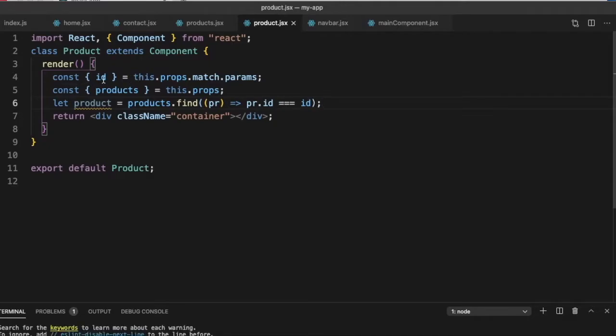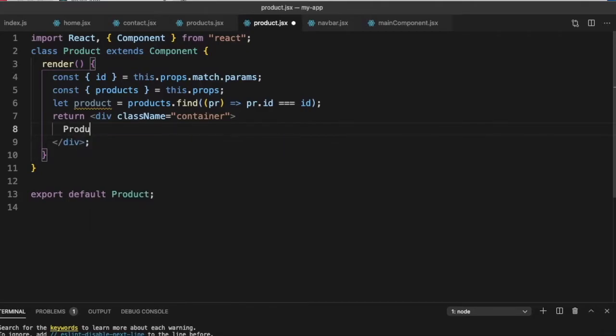These route parameters that we get are always in string form, so we can use it here to match it. And now here we can just say product id is id,